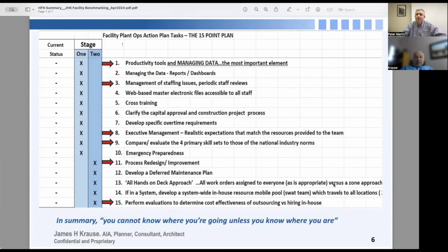Again, these are just some of the items that if we find ourselves not performing where we want, this list identifies some of the things that we may not be doing. And I'm assuming that they're doing a lot of these already. Like cross-training is becoming more and more popular and so on, all hands on deck approach. Some don't do that. You know, that's in your area. I deal with HVAC. I don't do. Well, you know, though, you look at some, I mean, you've ticked off 6 items on here,